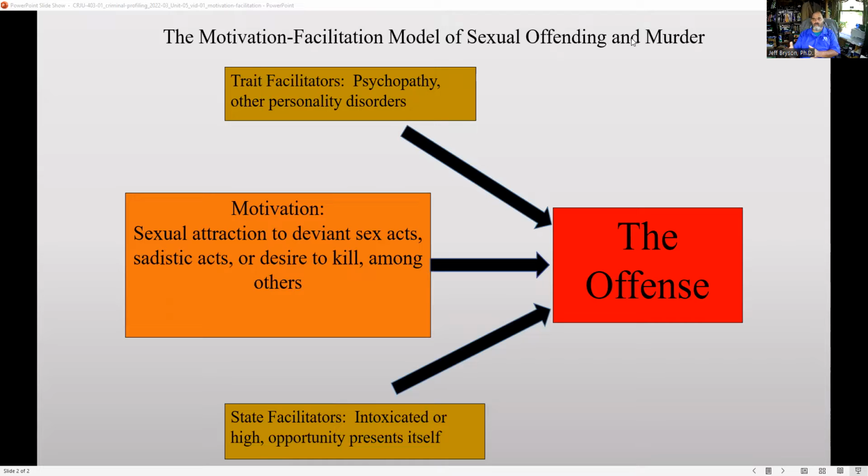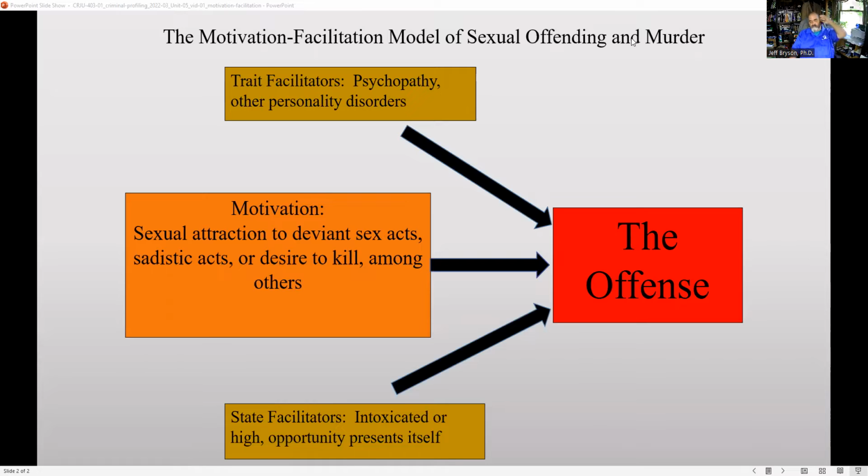And this is usually with sexual offenders who are in prison or have been in prison and are on parole. It is sometimes used with sex offenders who have not been in prison but are on probation. But this model helps us explain the motivation and the facilitation. And this does get to signature and motive of operation, or modus operandi is the term that you will see used most of the time.